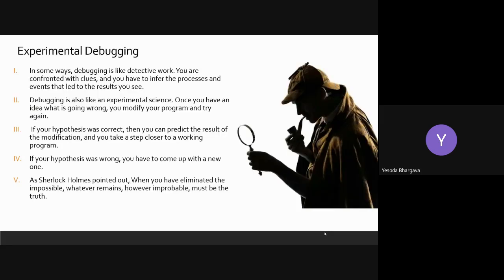All right. So debugging, much like any other science, is more experimental in nature. It's like detective work, but don't discount the clues that you obtain during the process. It is more like an experimental science, but it is not hit and trial. I must emphasize that experimental debugging should not be considered hit and trial, because you are proceeding from clues to the source of the error and then ultimately trying to understand the problem. So remember this.